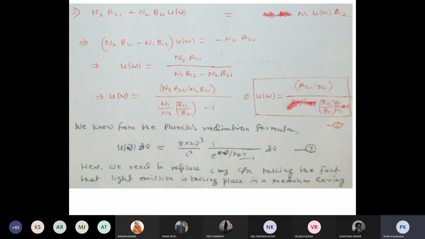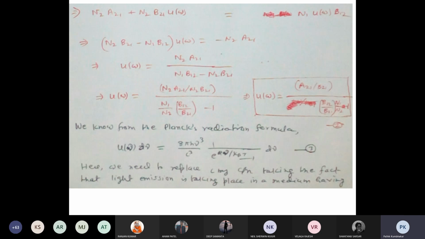What is Planck's radiation formula? You have studied it in black body radiation theory. When any object emits radiation, the energy density of the emitted radiation lying in the frequency range nu to nu plus d nu is u nu d nu equal to 8 pi h nu cube by c cube, times 1 by (e to the power h nu by kT minus 1), into d nu. This is called the Planck radiation formula. Now we need to replace nu with omega to compare with equation 2, and here the Planck radiation formula is valid for